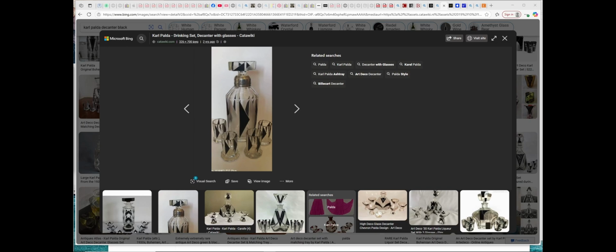This is the nearest decanter I can find to that one. And it's not for the shape or anything, just for the style of it, where you've got similar little triangles and then frosted bits as well. And it's got the collar, but now it's sold, it's on Catawiki, which is an upmarket website, and